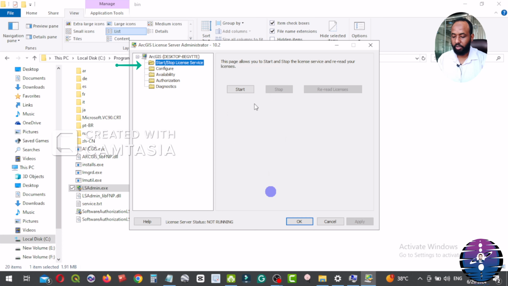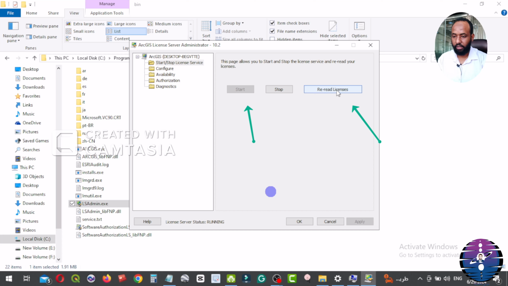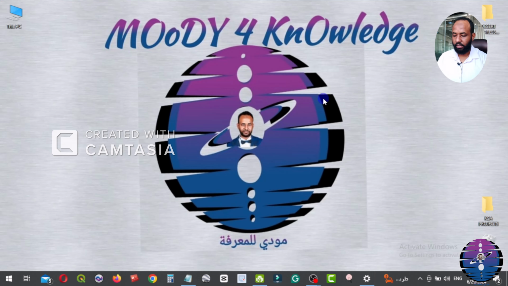A window appears, we click on Start License, and then Reread License. Rereading license. First program reads the license. And okay, here is the last step.